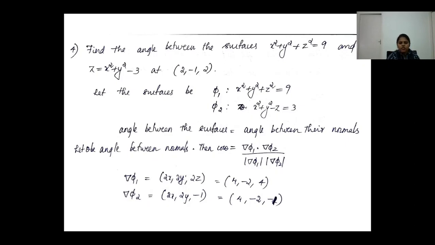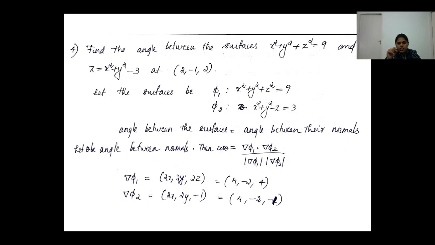Now the angle between the two surfaces will be equal to the angle between their normals. Now the normals are given by the corresponding gradient vector. So if the first surface is phi 1 equal to c and the second surface is say phi 2 equal to c, then the normal of the first surface is del phi 1, and the normal of the second surface is del phi 2. Now you know that